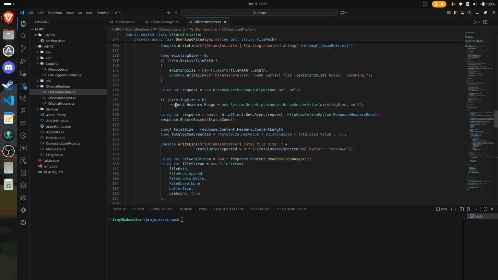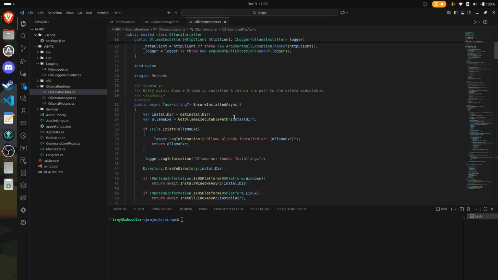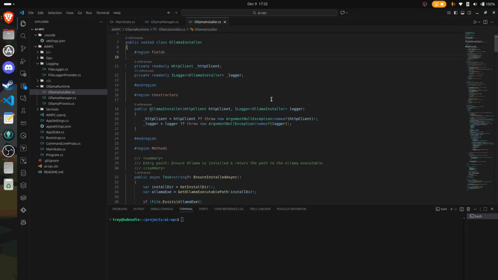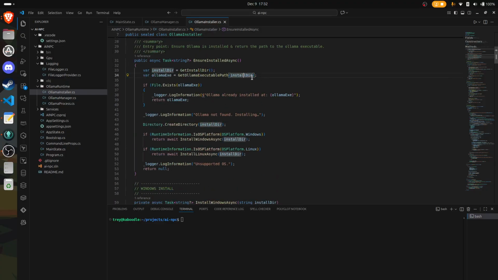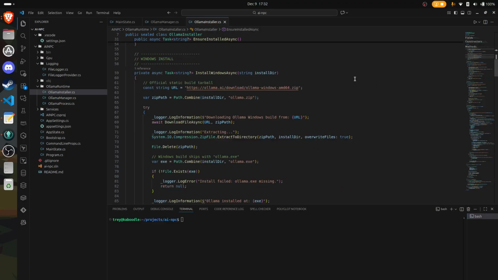The Ollama installer, I've already run this once. The first run is going to take a bit longer depending on your connection, because, let's see, it's install for Windows or Linux. I'm running on Linux. I have not tested the install on Windows yet. Pick out an install directory based off of your operating system's local app data rules, and then